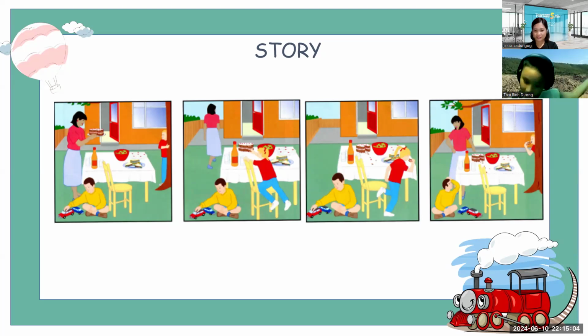Because she doesn't look behind her. Oh, she wasn't looking at the table because the mother is going inside. Correct. Now here, Tony, how about in picture three? What happened now in picture three?